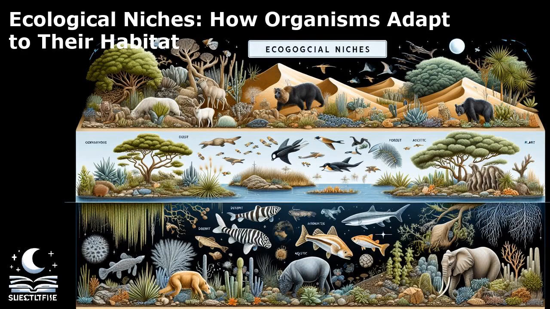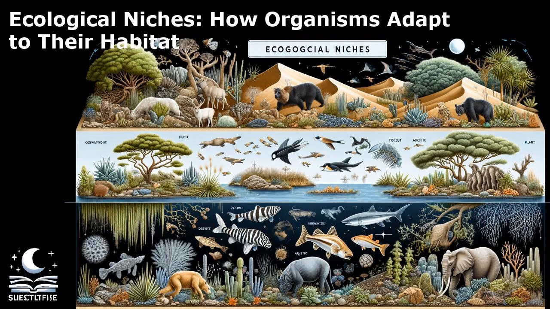Ecological niches refer to the specific role and position that an organism has within its environment. It encompasses the physical space where an organism lives, the resources it uses, and its interactions with other species. Each species occupies a unique niche, which is crucial for its survival and reproduction. For example, the niche of a beaver in a freshwater ecosystem includes building dams, which alters the flow of water